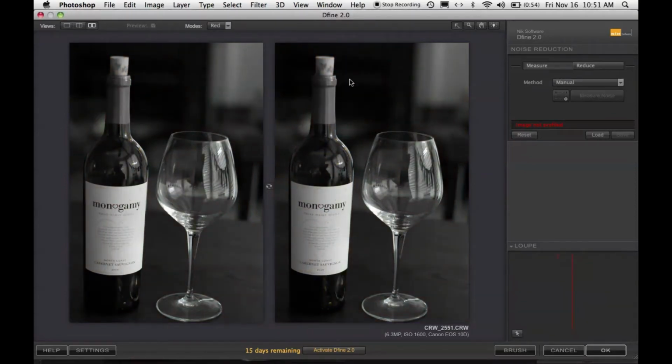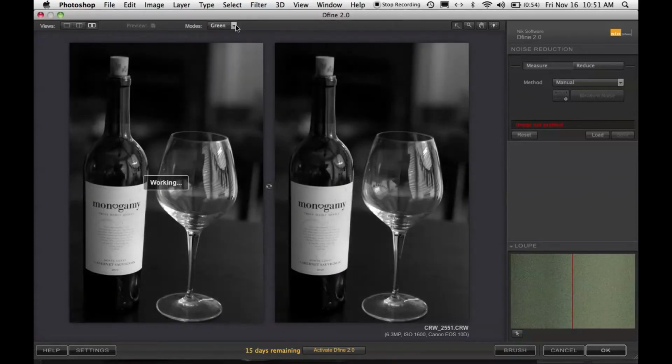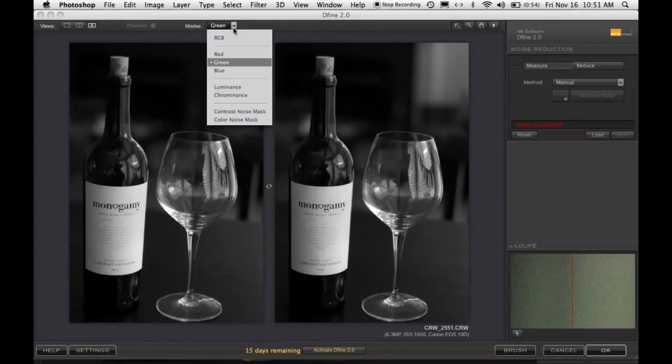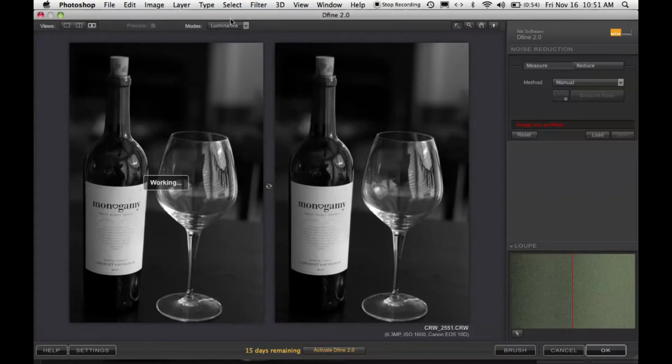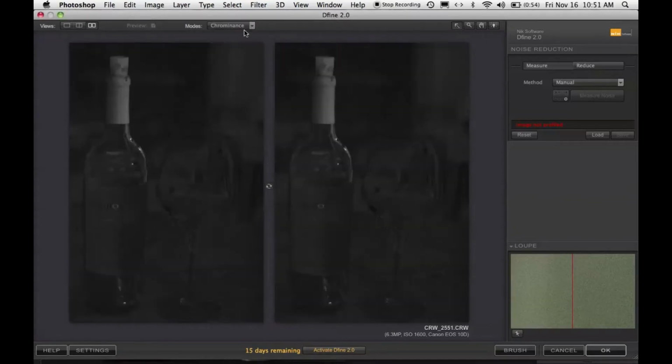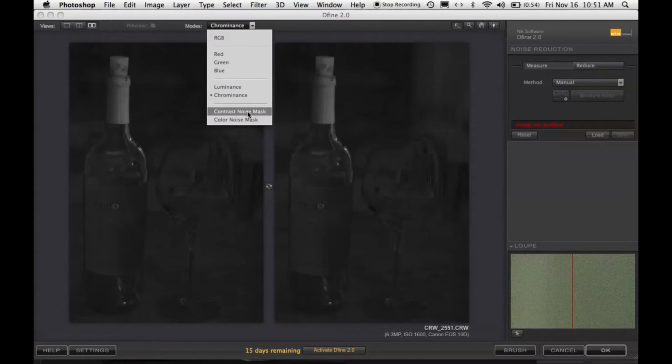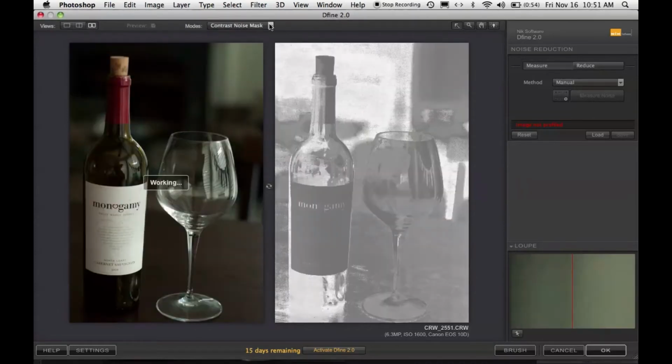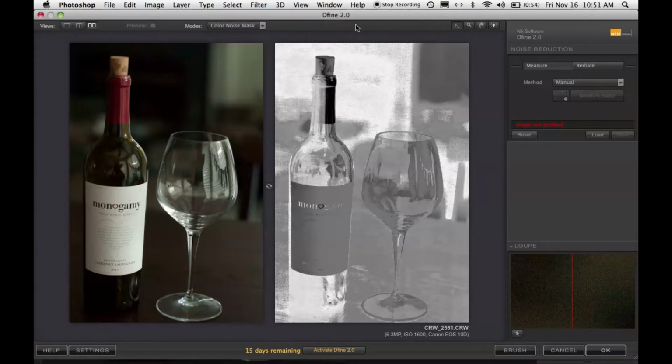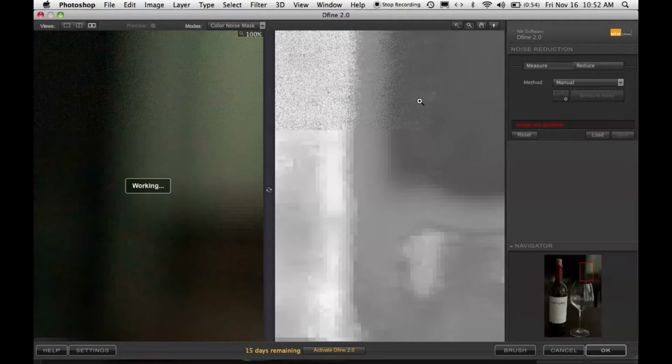You can look at your images via the channels, red, green, and blue. You can look at them by luminance and chrominance. And then you can also look at them by the masks that are going to be placed on them as we're working. Okay. And then what we have over here is a zoom tool, which you can zoom into